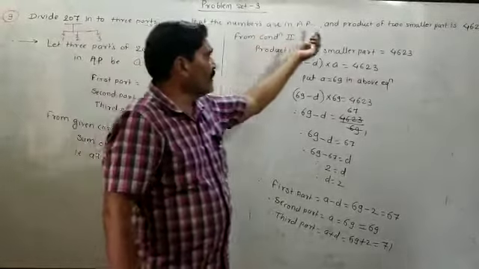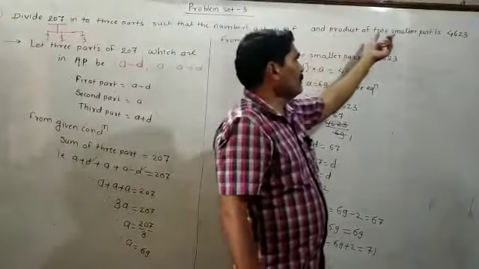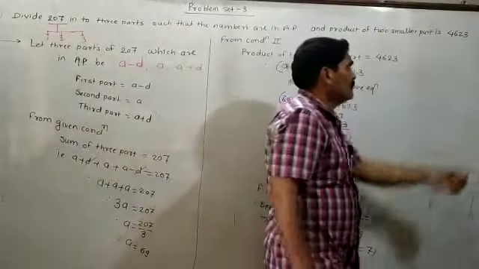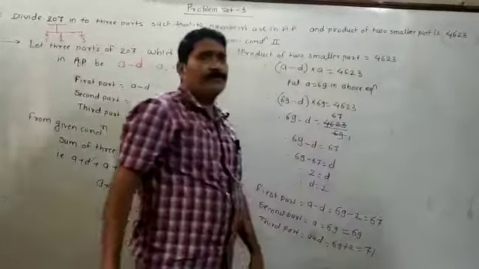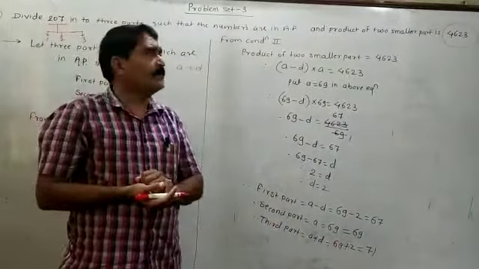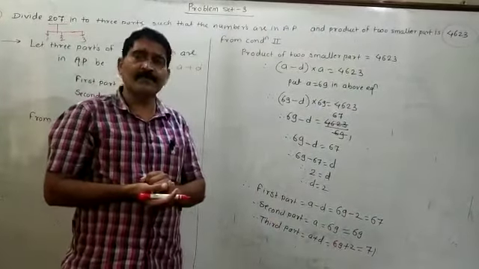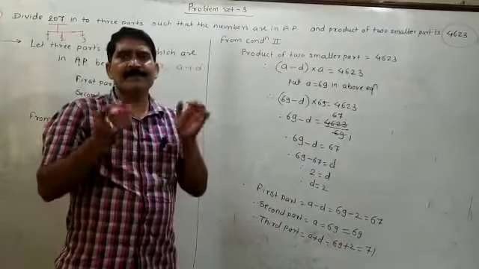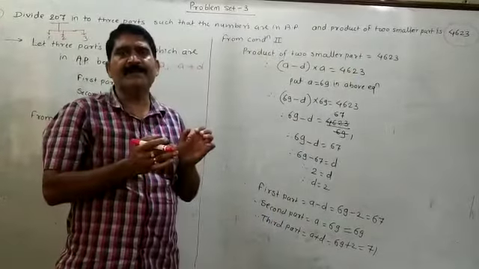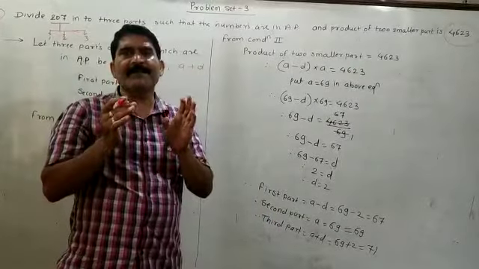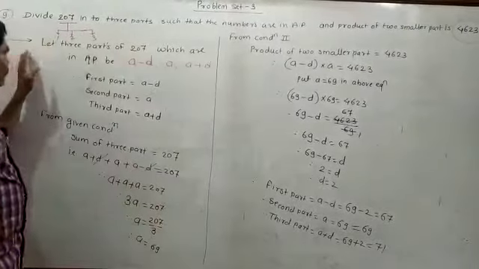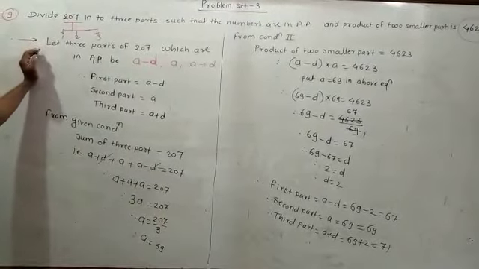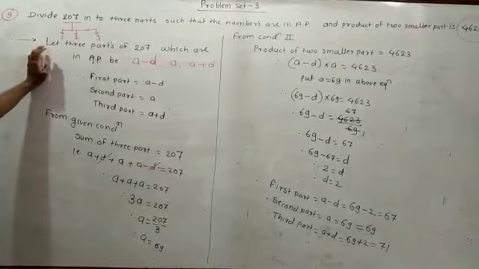Then one condition is given. The product of the two smaller parts is 4623. Product means multiplication. The first part is the smallest, the second part is smaller and the last part is bigger. So if you want to solve this example, I will consider the 3 parts of 207